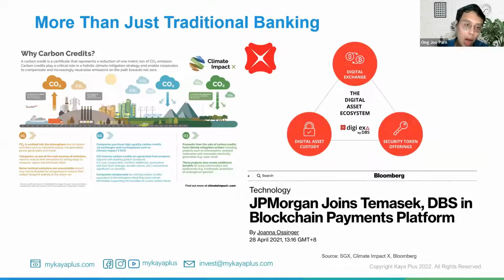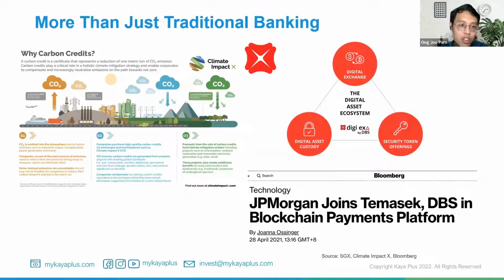But moving forward, how can banks stay relevant, right? Not get affected by fintech and not affected by other aspects. So banks have also become more conscious and more aware of the environment. So for DBS, they have actually come up with Climate Impact X, which allows people to trade carbon credits. So carbon credits, as you all know, is one of the, I would say, taxes that businesses might actually have